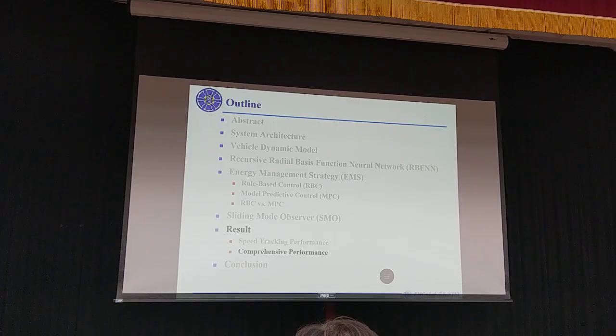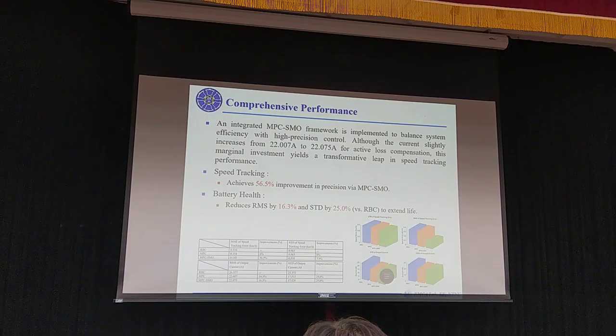Beyond speed tracking, we also evaluated the system impact on battery health. To achieve high precision, the MPC with SMO slightly decreases the battery current to compensate for the power loss. However, this is a very efficient trade-off. Compared to the RBC baseline, our MPC with SMO reduced the battery RMS current by 16.3% and extended